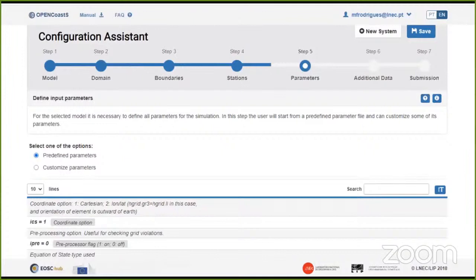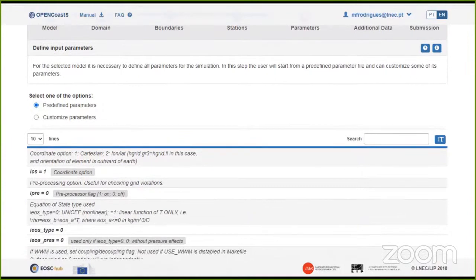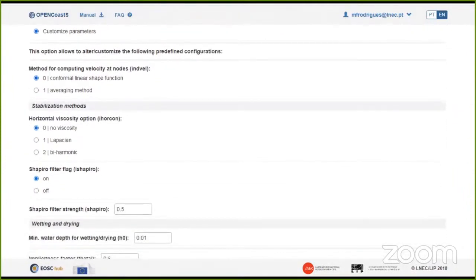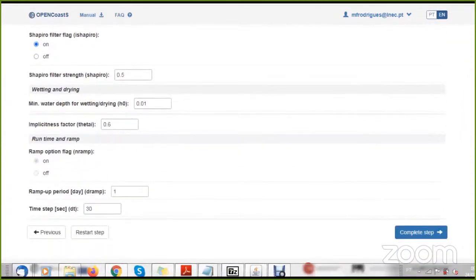Step 5 is the definition of the parameters. Parameters can be predefined, or we can also customize some parameters. Here are some of the parameters that can be customized. Let's just see the time step.